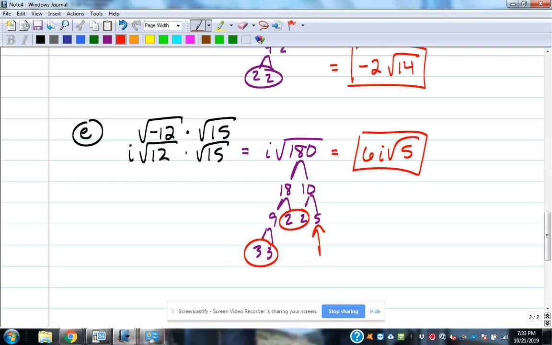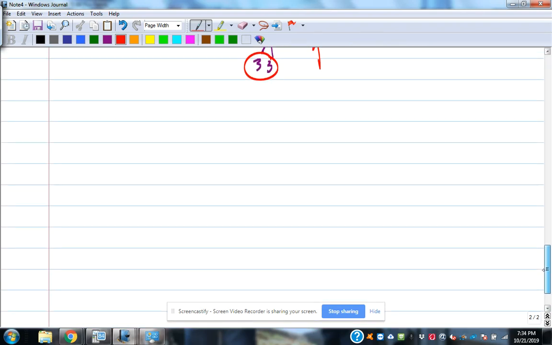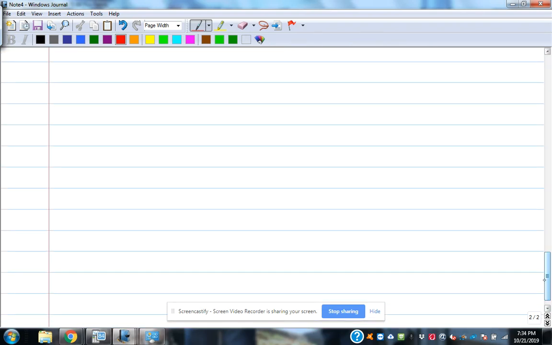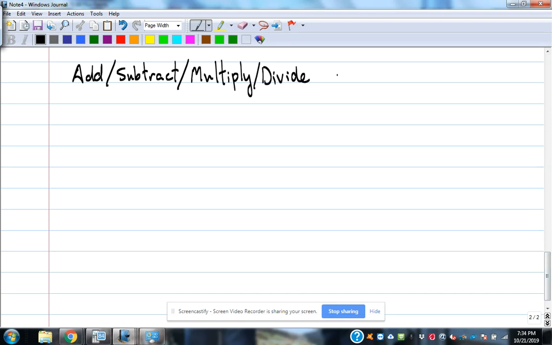All right. Now, I want to show you some operations with just complex numbers. So we're going to add, subtract, multiply, and divide complex numbers. I'm going to show you how to do this by hand, and then I'll also show you how your graphing calculator can do the adding, subtracting, multiplying and dividing of complex numbers. So we're going to add, subtract, multiply, and divide